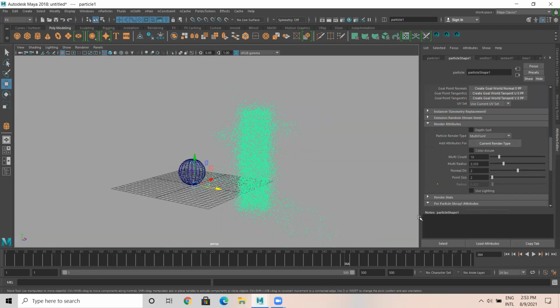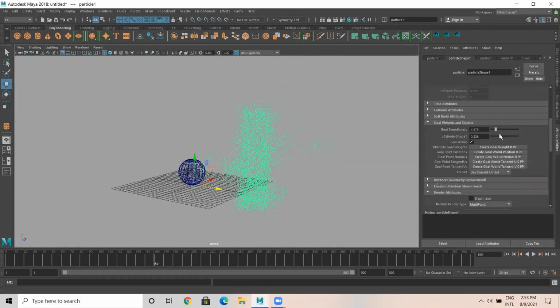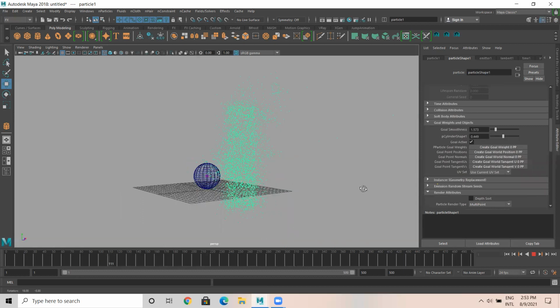That's okay. Now let's see. It does form the shape. Let me even increase the stickiness, like this.